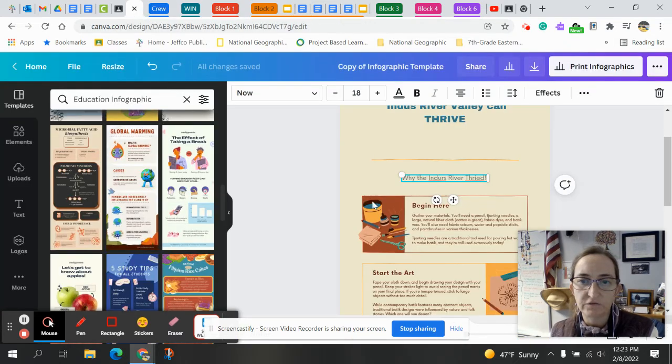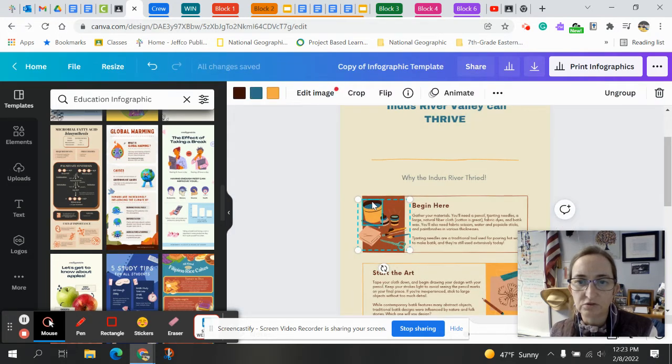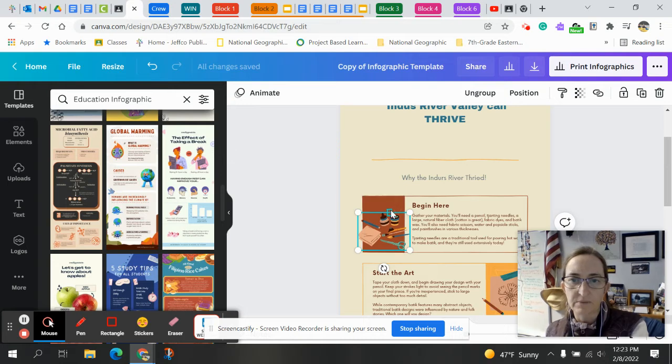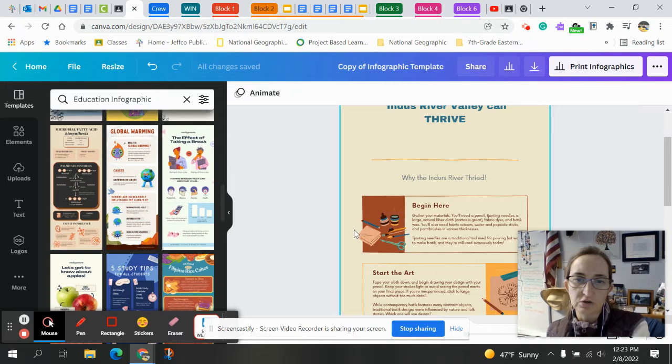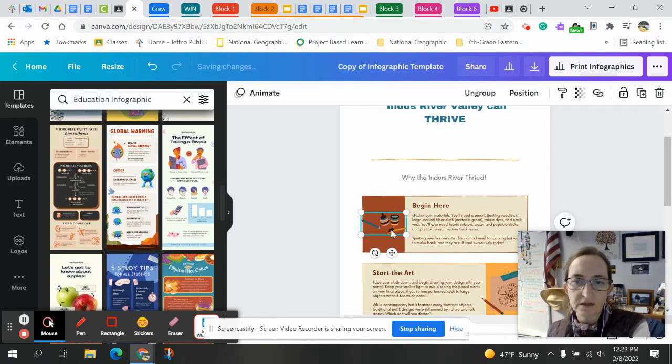relations. So what I'm going to do first is I need a graphic here. I don't like this image. This is not the right image. That image is not going to do what I need it to do to communicate about my ancient civilization. So they're going to give you stock templates. You can just click on those and you can delete them. It's super simple and it doesn't take too much time unless it doesn't want to cooperate like mine isn't right now. And that is not what I want to do. So you can delete these little pieces here and then you can insert your own image that'll allow you to